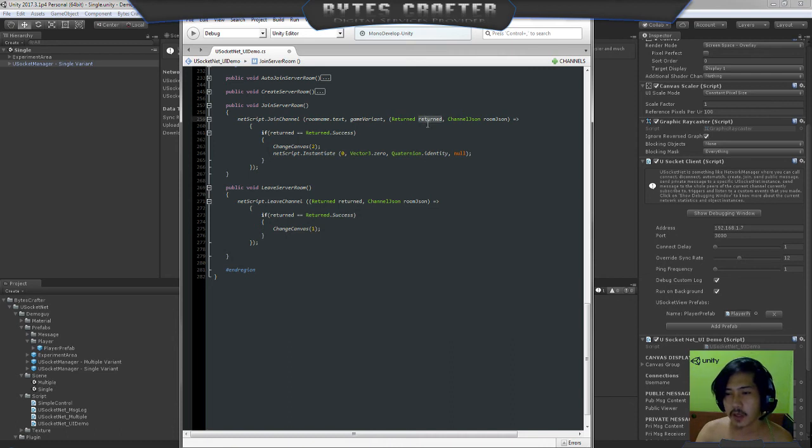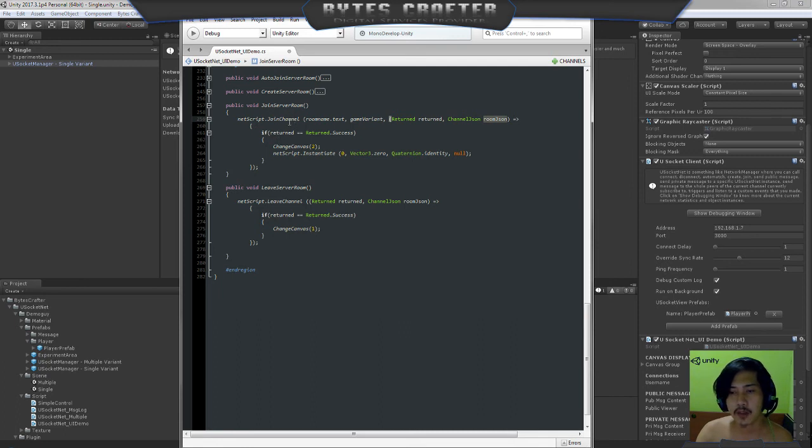So again, you will listen for a callback. I always make sure that every query that you send to the server has a callback, and you can always listen to the channel JSON, which has the list of user ID, position, for example, like that, if you want to have a custom implementation.